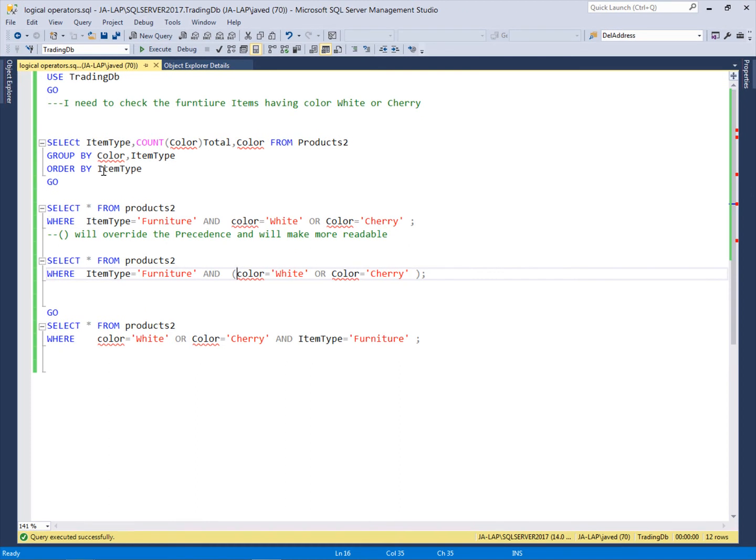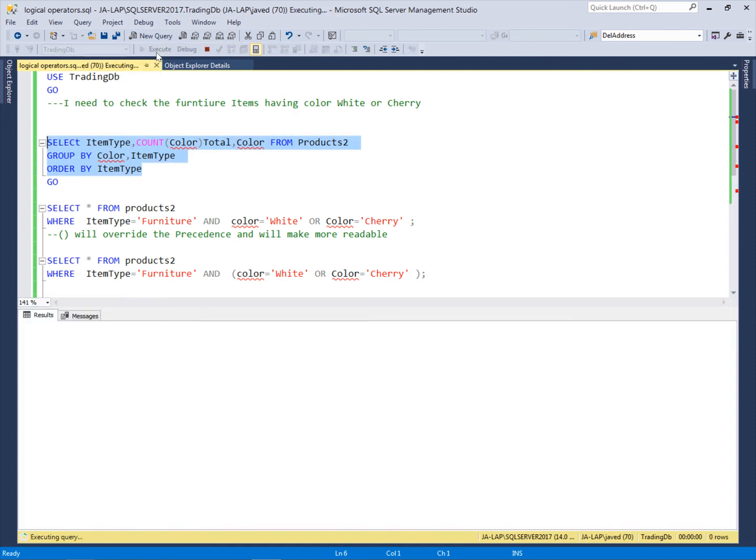Suppose this is our database, and in this database we have the products table, which contains products of different types and different colors, and I want to apply a filter by using the logical operators. Let's see what items are available in which colors.